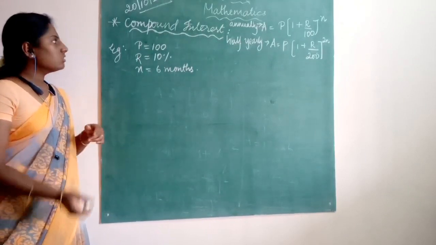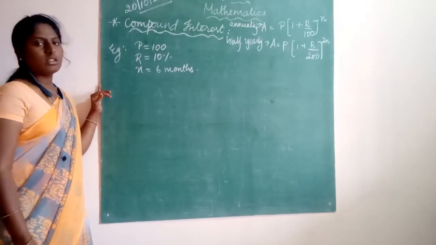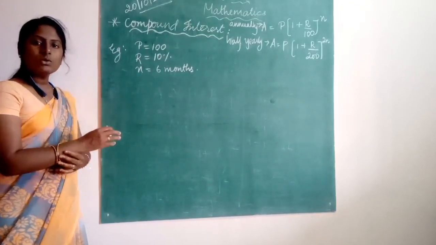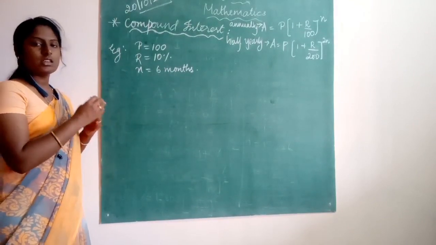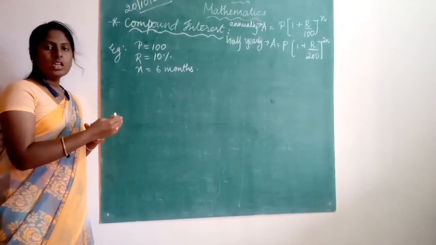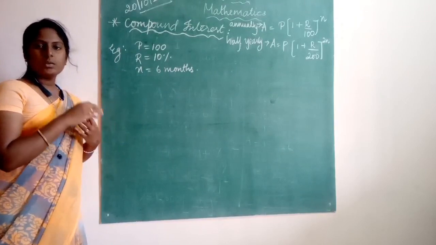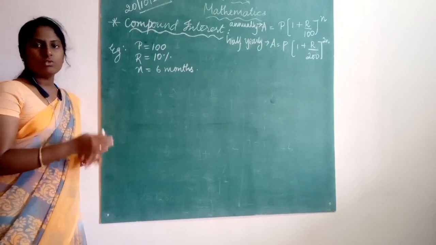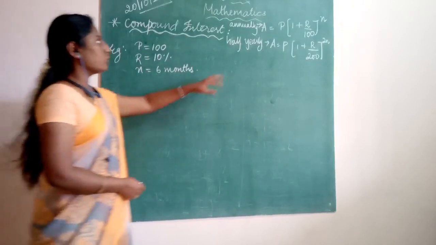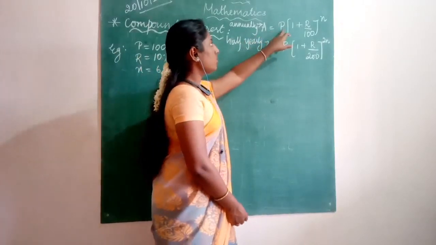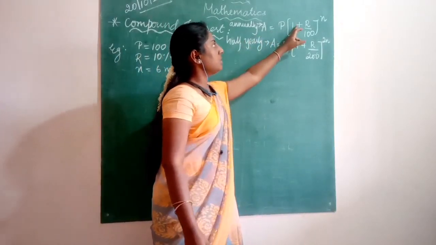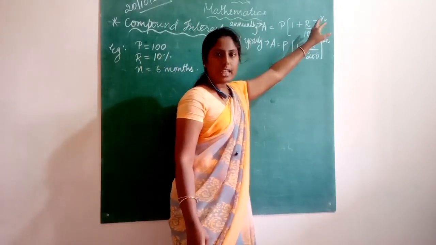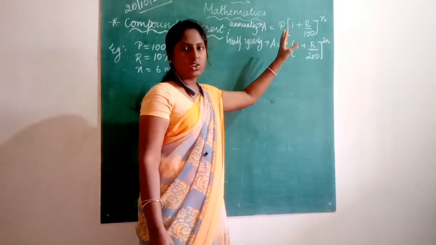Okay, so here we have seen in the previous classes what the amount is that should be paid back along with the interest when it is compounded annually for a year. This was the formula for that. Amount is equal to principal amount into 1 plus rate of interest by 100 and whole power n. n is the time period, whether it is 1 year or 2 years or 3 years like that.